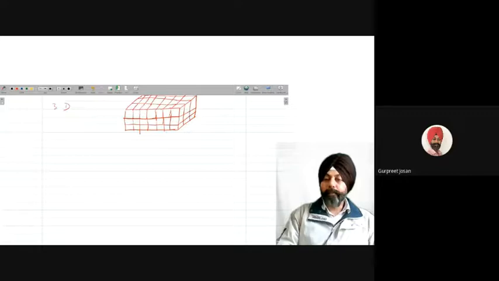When we combine blocks, this is row 0, 1, 2. This is column 0, 1, 2, 3, 4, 5, 6. And this is along the z-axis 0, 1, 2.